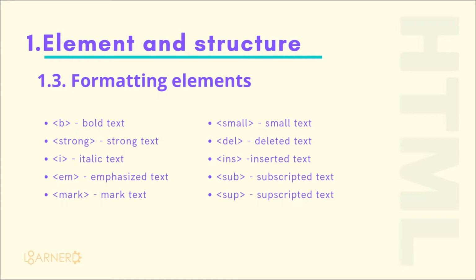The next two are the important ones, that are sub and sup, known as subscript and superscript. These are usually used while adding formulas. They both place the content above or below the baseline. What does above and below the baseline mean? It means that if particular content is on the same level, then the content will be placed above the level or below the level. So let's check this out in action.